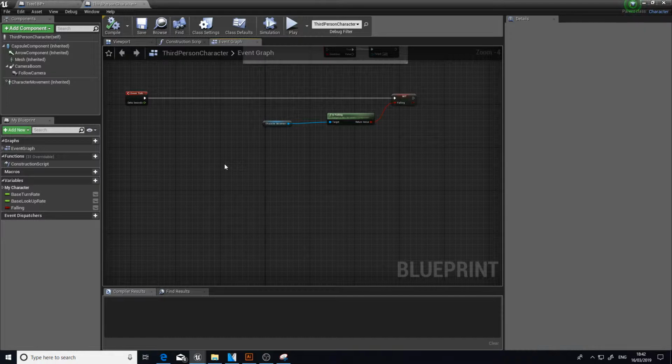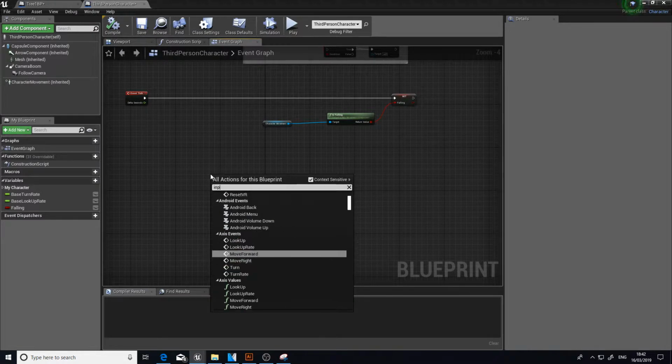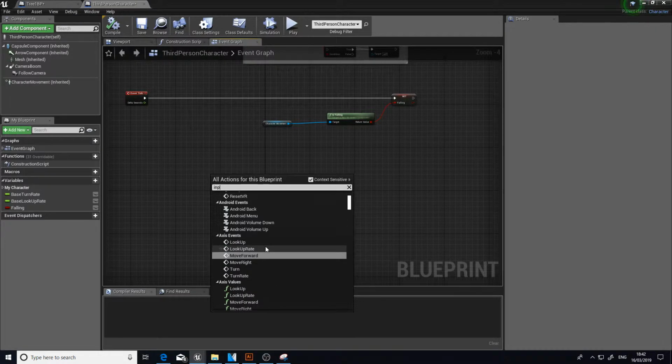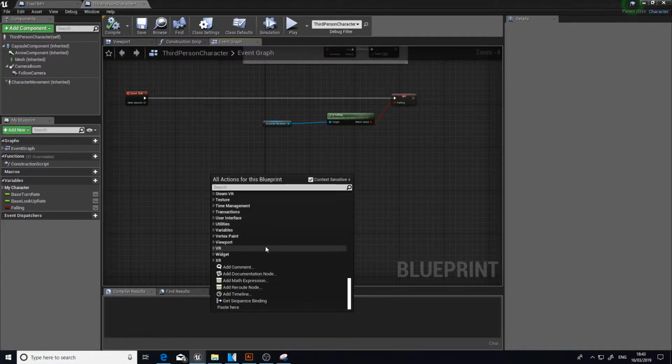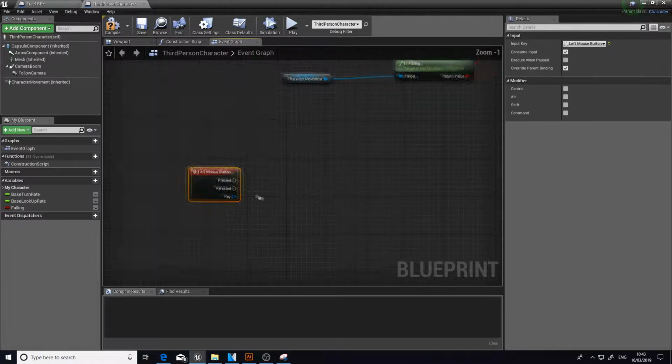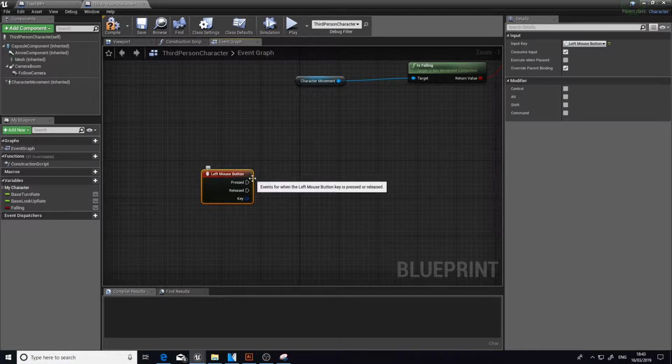So every time we left click, we're going to send out a command. If we right click and click input, there's a whole list, so I'm just going to put left mouse. If we type in left mouse, we get this left mouse button event. So once this is pressed, we want to